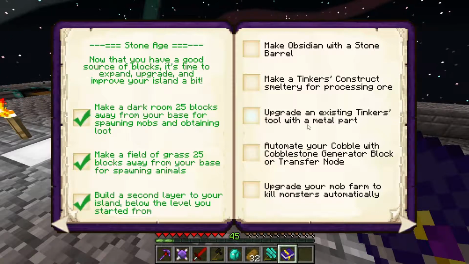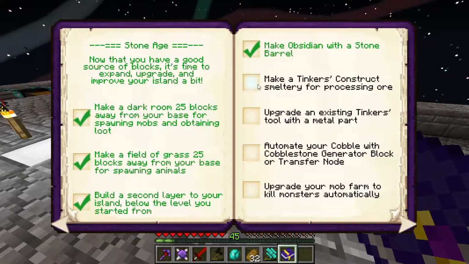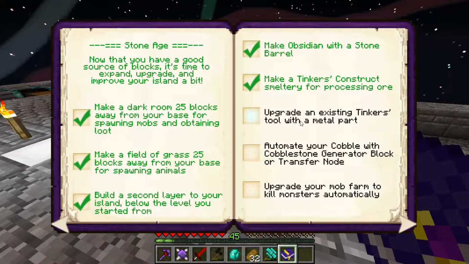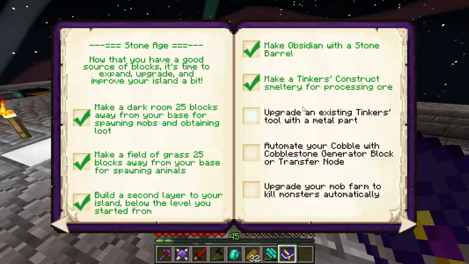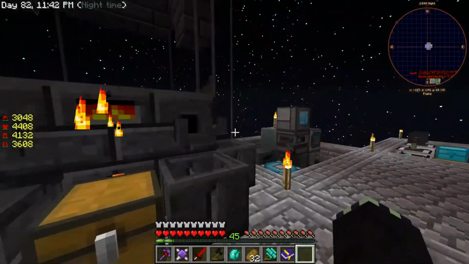I mean, I've already built a whole new island. Obsidian, had to do that. Tinker's Construct Smeltery, I already have that. Upgrade an existing Tinker's tool with a metal part. That I haven't done, and I know how to do that, actually. So what I have to do